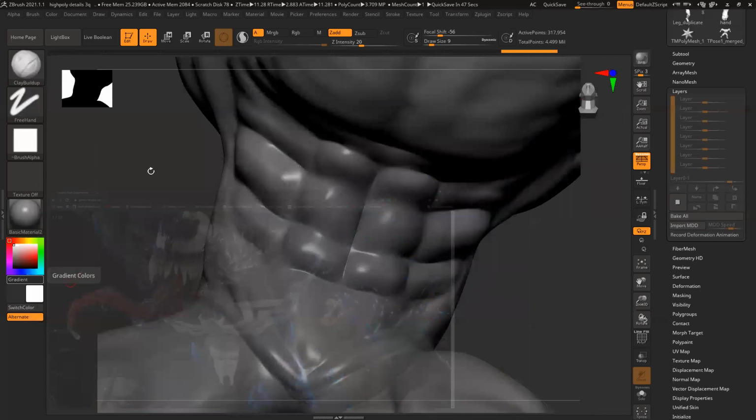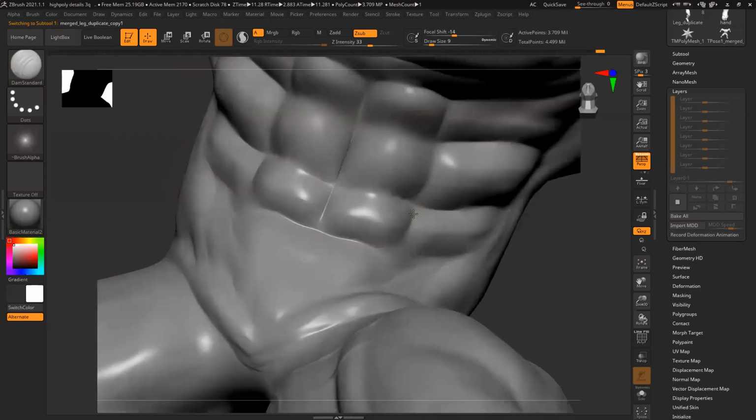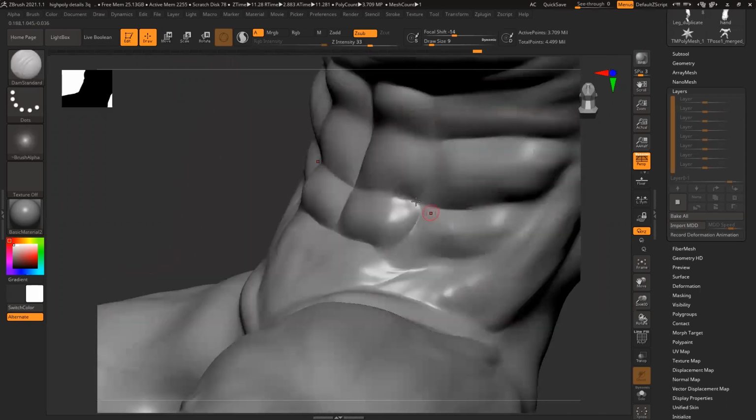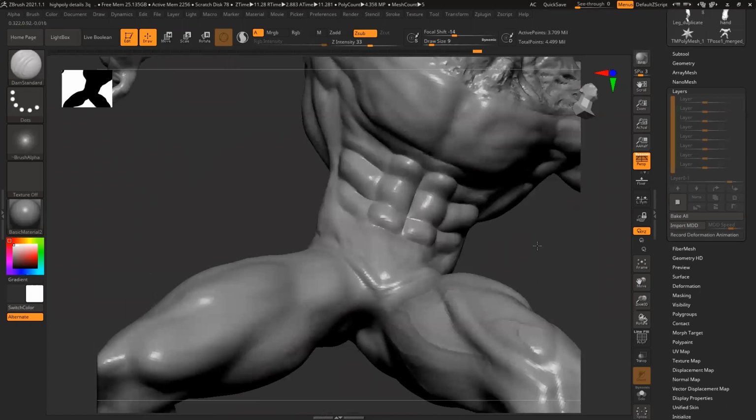So what you have to do is use a standard brush for blend separation. Just make it slightly prominent, and overall on this side the depth is also fine, nice.